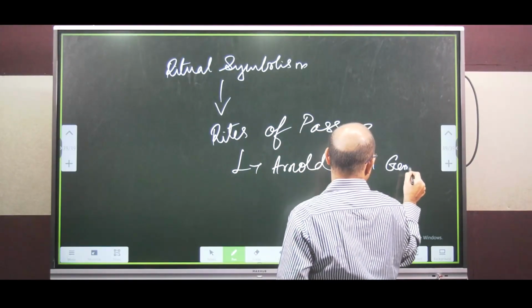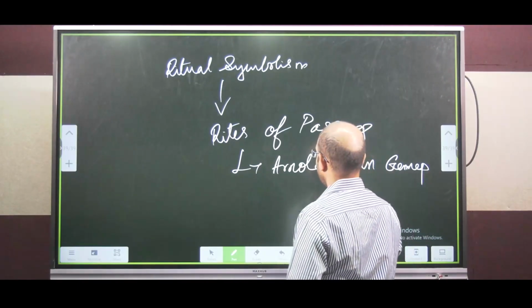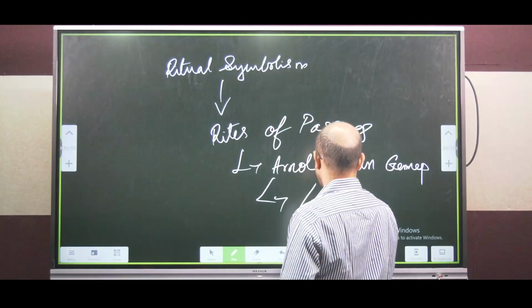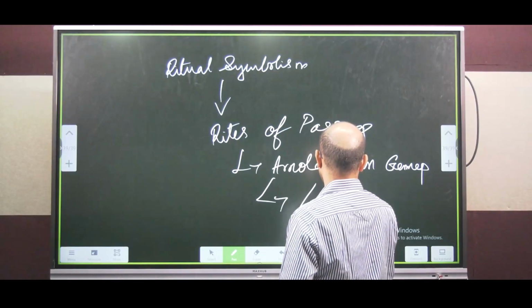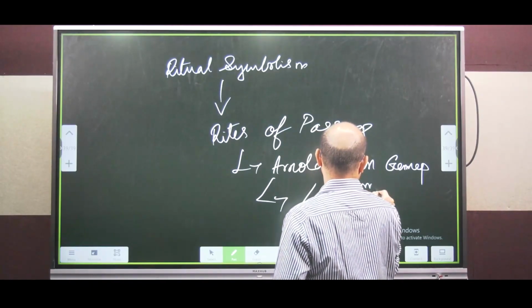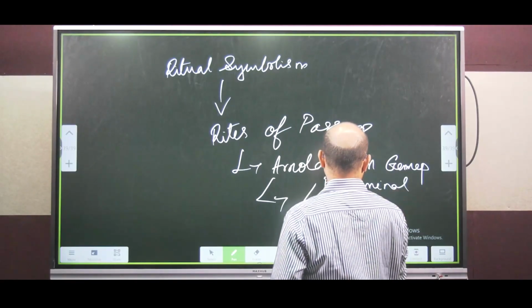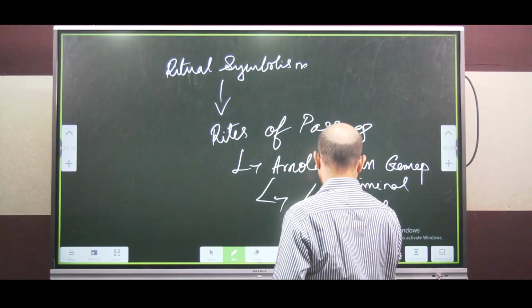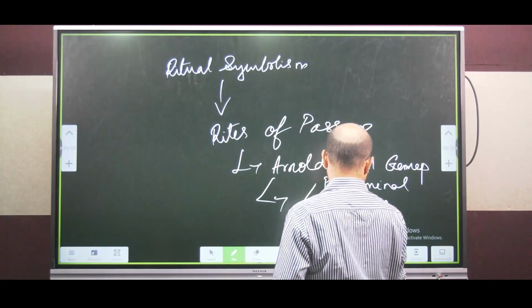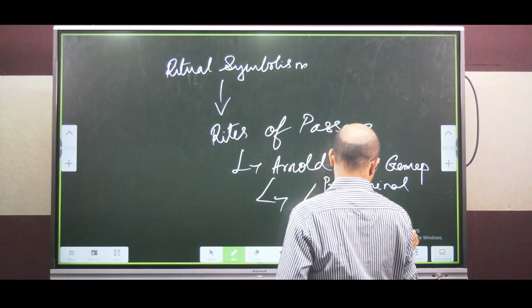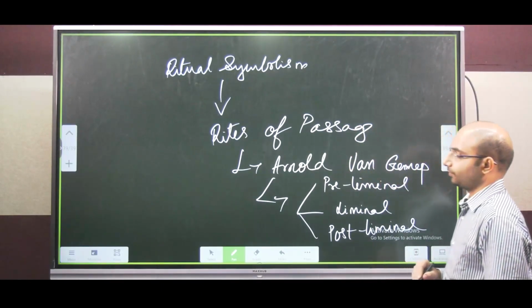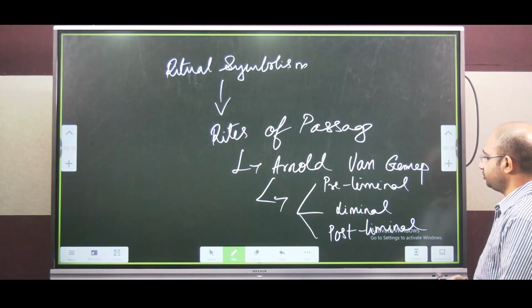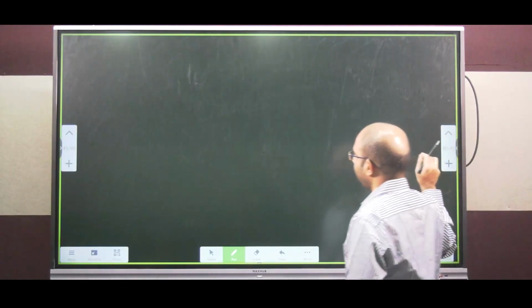Arnold van Gennep, and Arnold van Gennep broke down rites of passage into 3 steps or 3 phases: preliminal, liminal, and postliminal. So Victor Turner also focused on studying rites of passage using the same framework, and we find his ideas